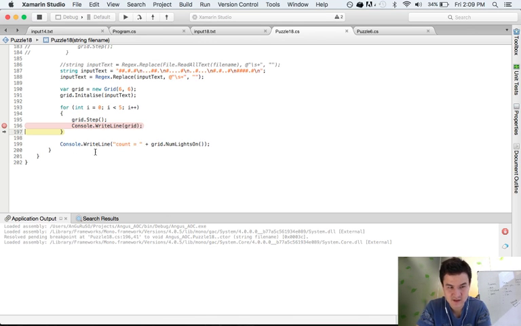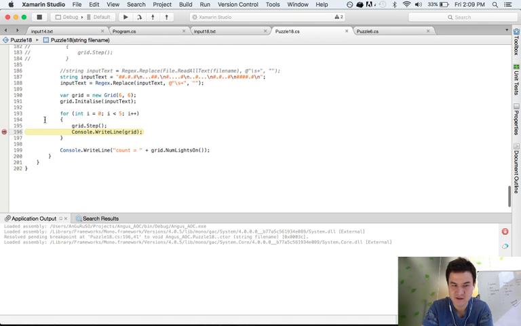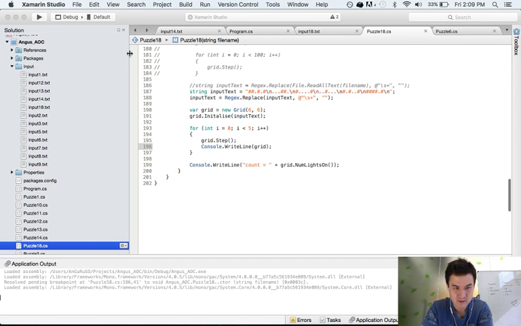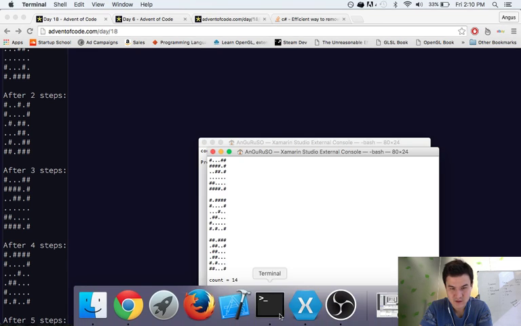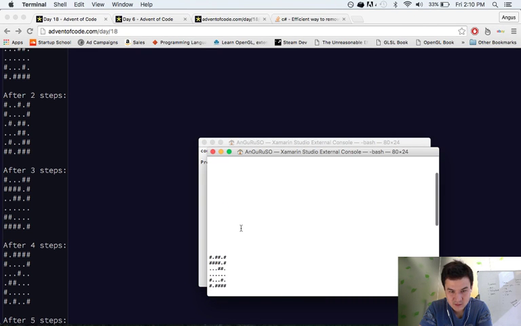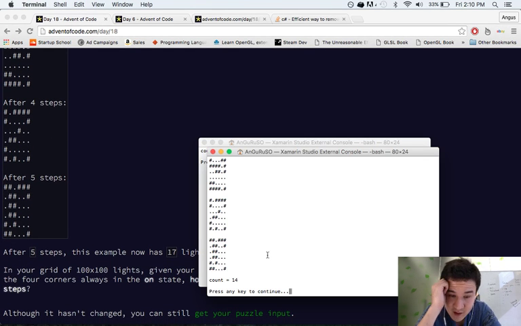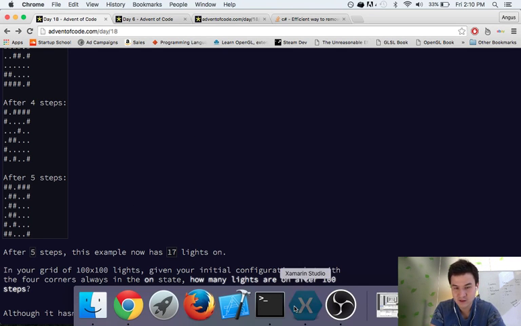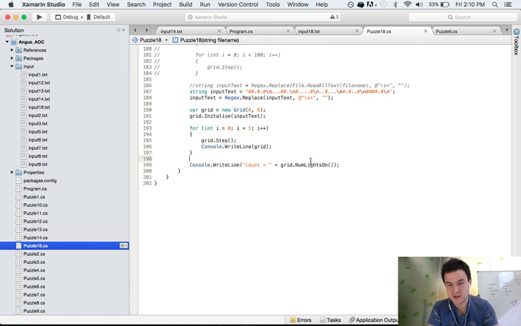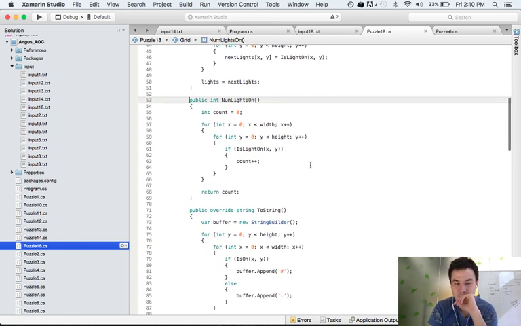The interesting thing is, is count going to be correct? Because maybe count is stupid. So let's just run it again. Count is 14. So 1, 2, 3, 4, 5. Count's 14. 17, right? So count is stupid. 1, 2, 5, 8, 10, 12, 14, 17. It's not counting the corner ones, I think. What's wrong with count? That's good, because if it was somewhere else, that would. I mean, we'd probably still get it, but